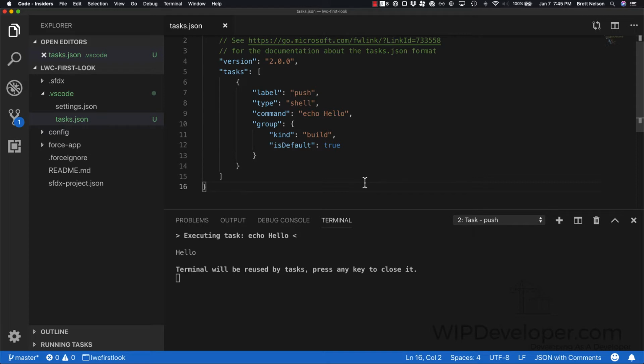Printing hello to the terminal doesn't really do what we need. What we're going to need to do is change the command from echo hello to SFDX force source push. That's sfdx force:source:push. We can save that, and what that'll do is push our changes to the default org that we have assigned. Now when we run the build command,